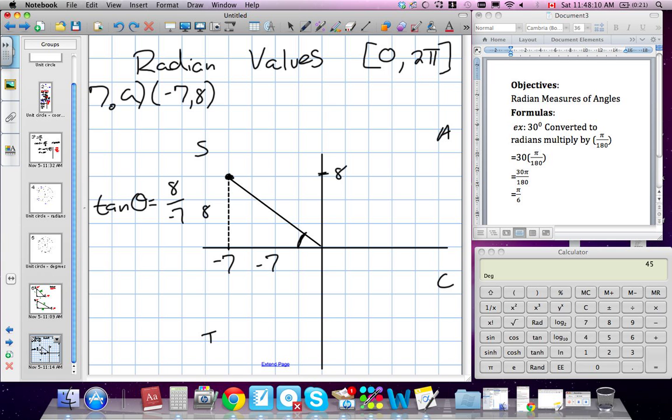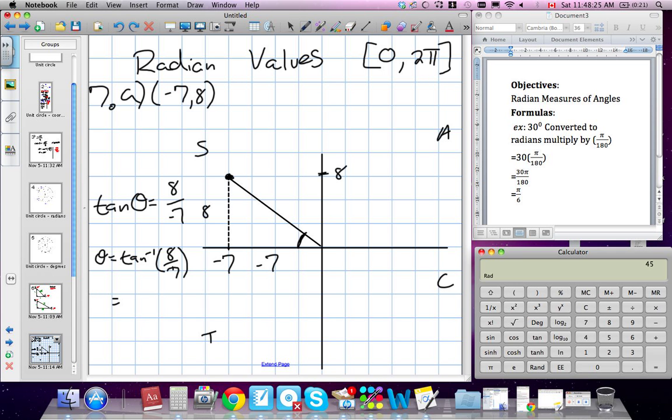Now, I think it may be negative 7 because we're going back, okay? So when we go to do this, we're looking for the angle theta. Theta will equal the inverse of tangent, 8 over negative 7, okay? And because they want this in radians, we're going to try solving this in radians. So move to radians, clear this. We have 8 divided by negative 7, okay? And then when I find the inverse of tangent, I ended up with